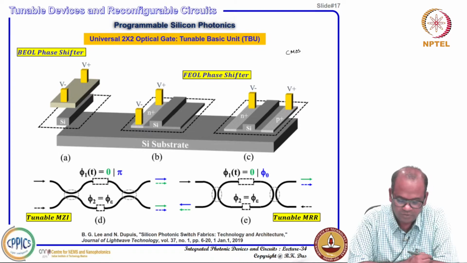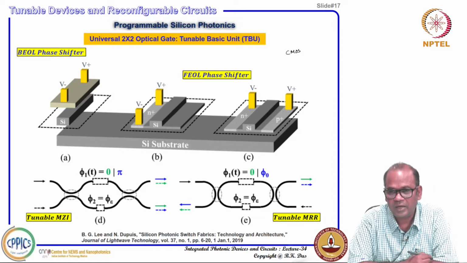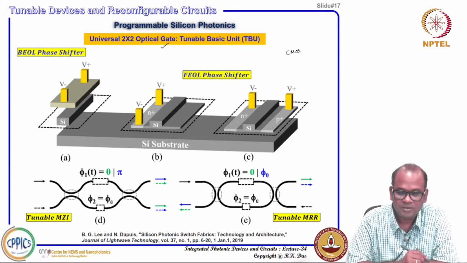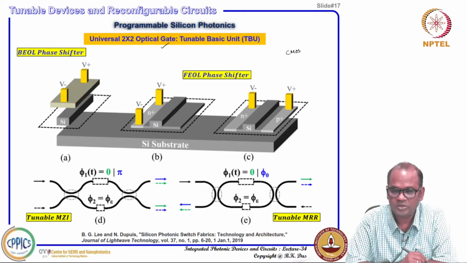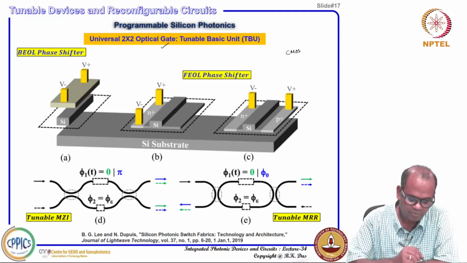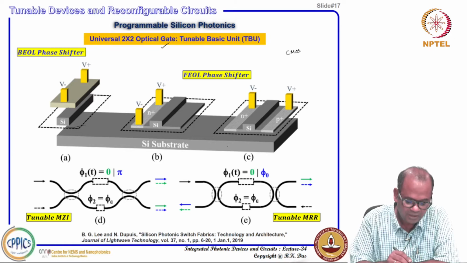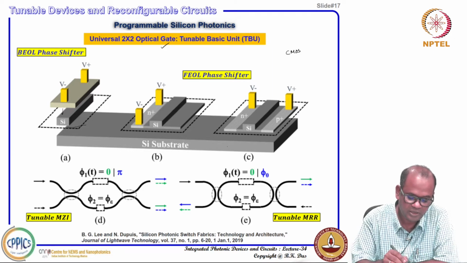So, normally this type of programmable circuit or tunable basic unit or 2x2 optical gate is materialized by integrating a thermo-optic phase shifter, as I mentioned. Thermo-optic phase shifter we have discussed earlier. So, for that type of thermo-optic phase shifter, this is your silicon substrate, you can define your silicon and have electronics in the device layer, but in between you can have an oxide, and on top of the oxide you can have a heater. This is your micro heater,